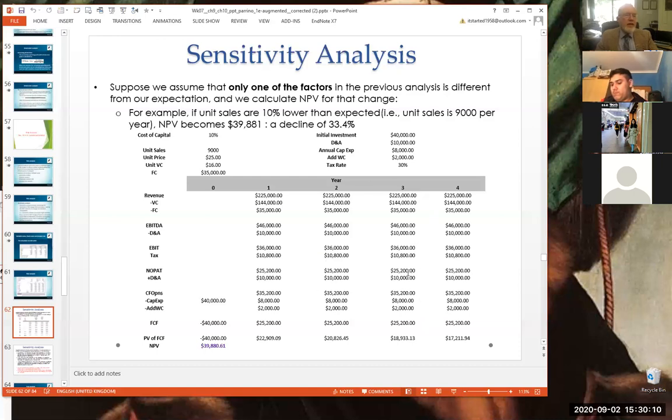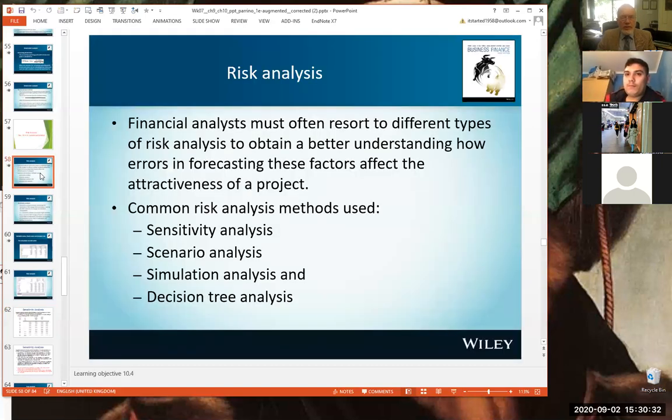How do we evaluate the impact of those uncertainties on your net present value? Because after all, you're going to be using the net present value to make these decisions. And so you really want to find a way of working out how reliable those estimates are. There are a handful of tools that we use to evaluate the uncertainty in our models. And we'll just go through some of them, and they're listed down here.